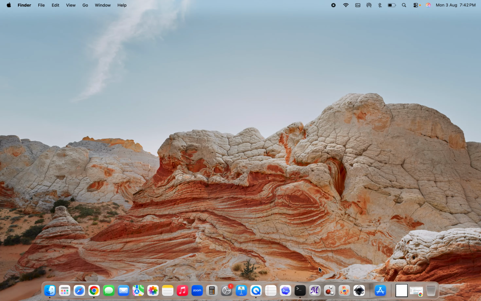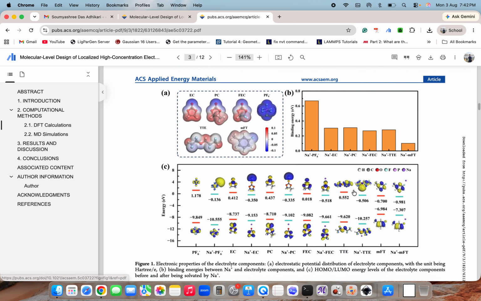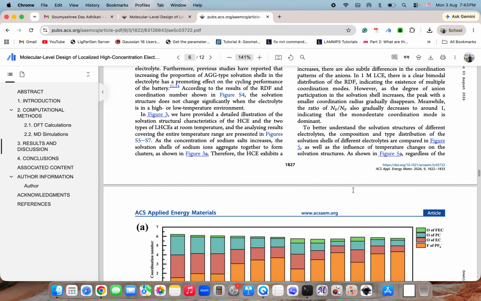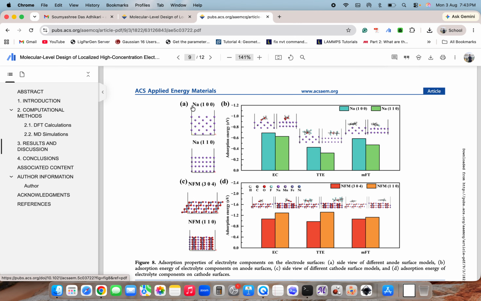Today I am going to show you one article, and in this article the author has calculated the adsorption energy of a certain molecule on the surface slab of sodium along the 100 and 110 direction. And today we are going to create these two slab surfaces for sodium, and for that we will be